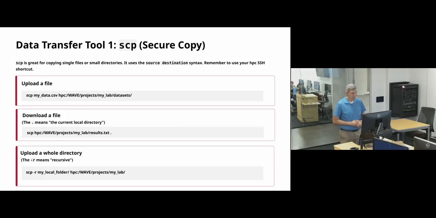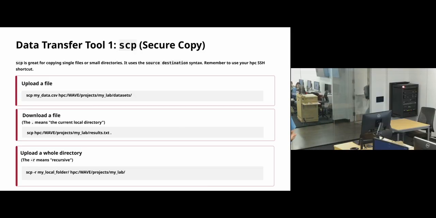Basically, if you want to upload a file to the HPC, you go in the terminal on your laptop to where the file is, and then you can say secure copy, SCP, your file name, and then the location. Again, if you've done that config file, then I can just say HPC: and then the path of where that file should go, right? If I didn't do that, then I'd have to type in that whole thing, username at login.wave.scu.edu, then : then the path where the file should go, okay?